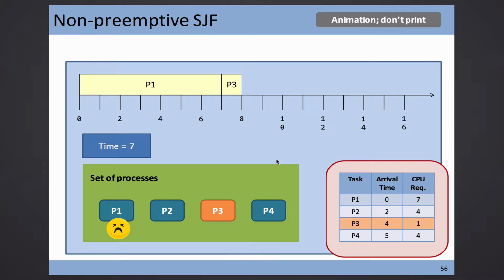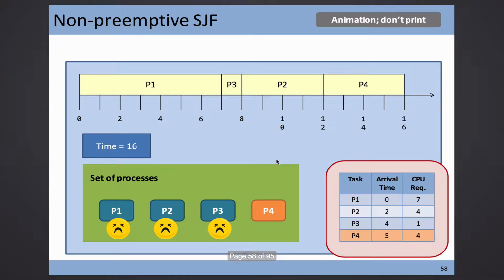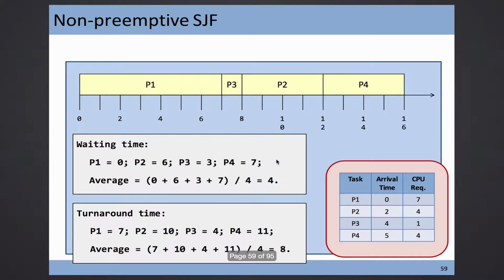Then you start doing it, spend 1 second of CPU time, and finish it. You keep on doing this and pick the smallest CPU requirement, but this time there is a tie here. Let's choose a lousy way to break the ties: use the order of arrival. P2 arrived earlier, so I run P2 and then eventually P4. The numbers are not important, because you don't have any contrast. I set up a new scenario, so you cannot contrast this to FIFO.